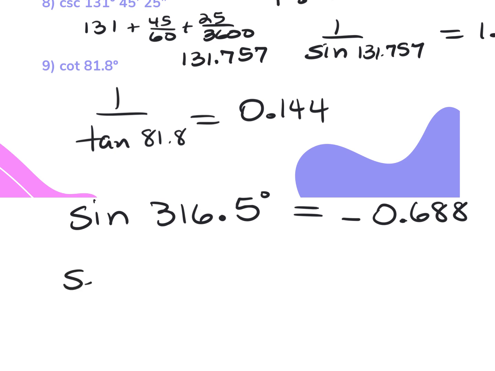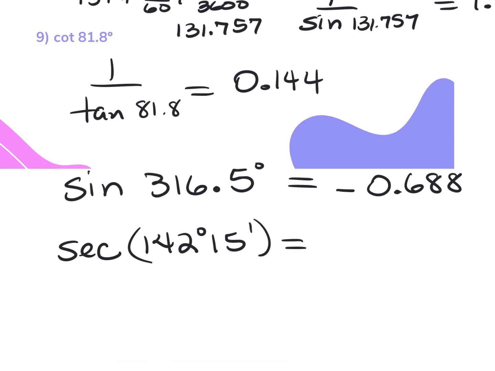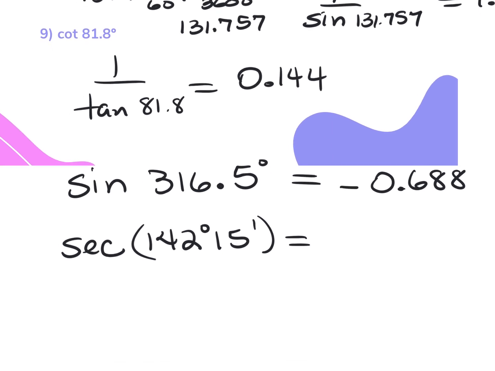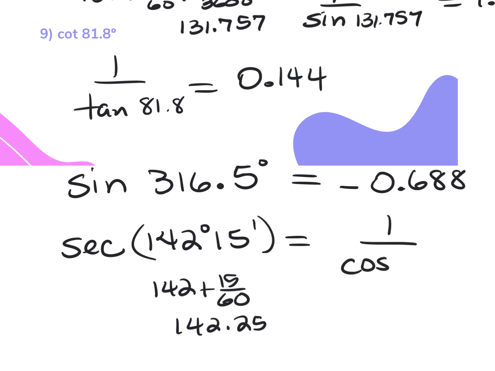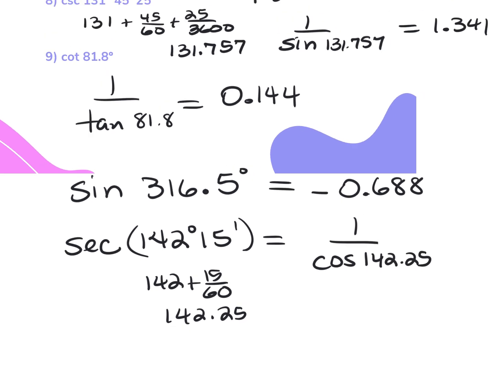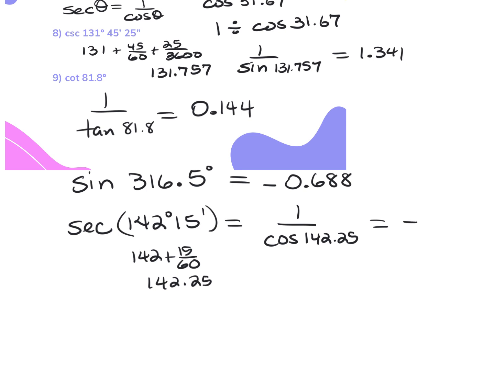Let's do reciprocal, secant, 142 degrees and 15 minutes. You need to know that the reciprocal of secant is cosine. So remember, you're going to do 142 plus 15 divided by 60, and this is going to give you 142.25. So we're going to do 1 divided by, or enter it as a fraction, cosine of 142.25. And then equals negative